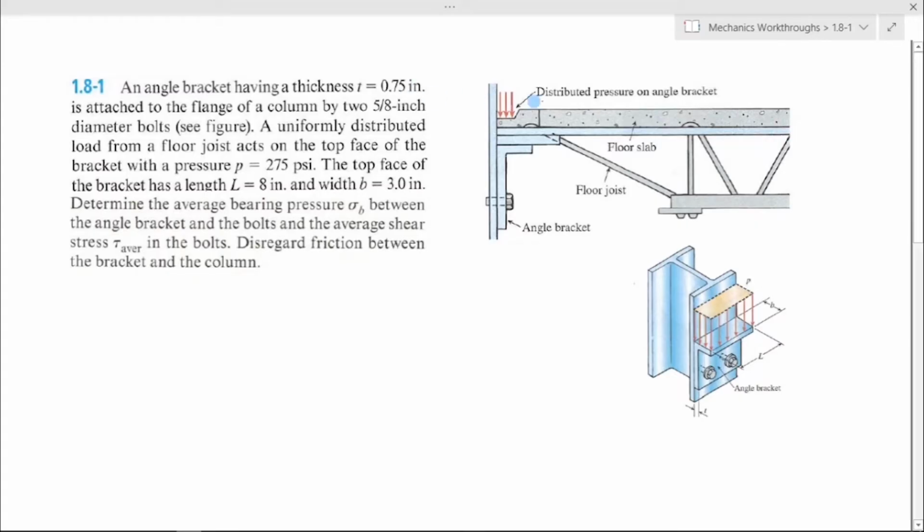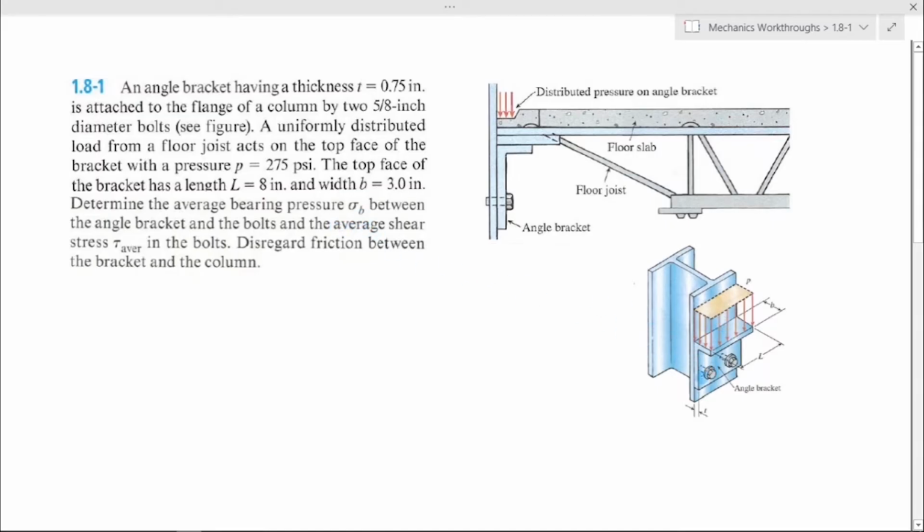So we have this structure here with a uniformly distributed load right here, and this is the angle bracket that the problem is talking about. It is shown again in the second image, and we are given the values for the load as well as the dimensions of the area over which it acts. So we have B and L as well as the thickness of the plate T, and then there are two bolts that go through the bracket and we're given their diameter,